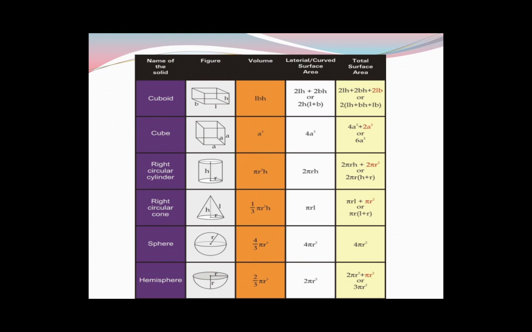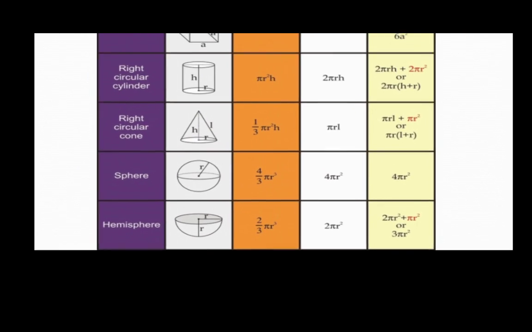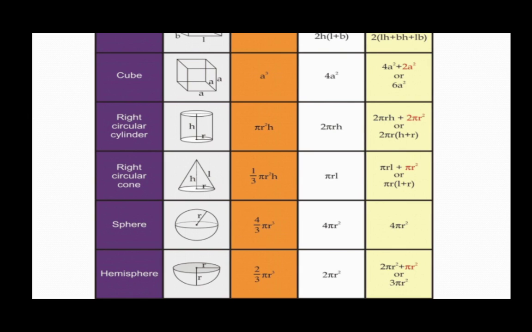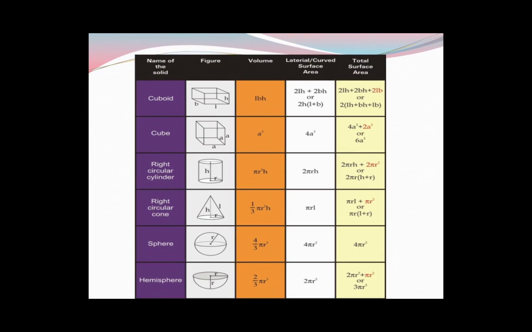Okay, and last, hemisphere. For hemisphere, volume is 2/3 pi r cube. Then curved surface area is 2 pi r square, and total surface area is 3 pi r square. Okay, so class,